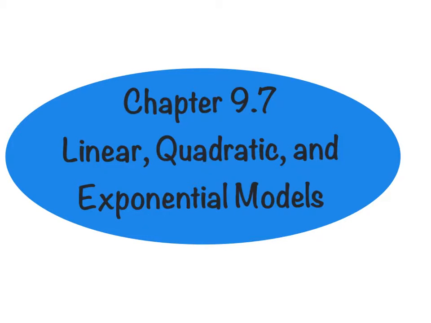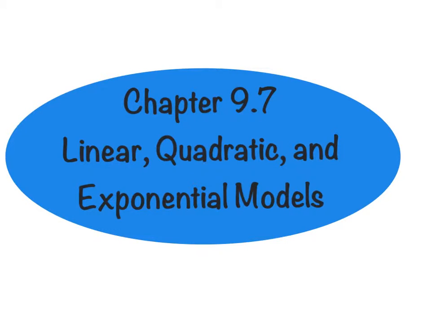Okay, so we're coming to the end of Chapter 9. We're going to do Chapter 9.7 tonight, and that's where we talk about different models of different data sets. We're only going to deal with 3 specific models. One's linear, that would be a line. One's quadratic, that would be a U. And one's exponential, and that would be that kind of curved really up really steep or really down really steep